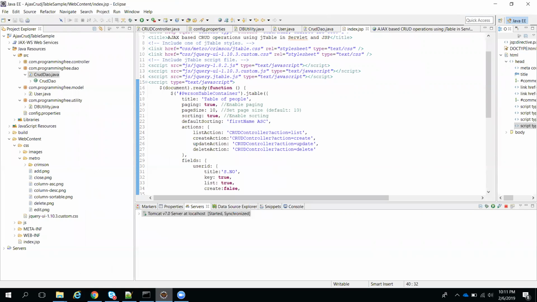Understanding, right? That 1 comma 10 and so on, we will pass from our UI. Based on you selecting the second page, we'll pass 10 comma 20. Suppose you click on the third page, 20 comma 30. Suppose you click on the fourth page, 30 comma 40. Like that we'll send the limit. So based on that only, you will always get those particular 10 records only. That's why we give a page size here, meaning how many records you want to display in the UI. That is the purpose of this page size.